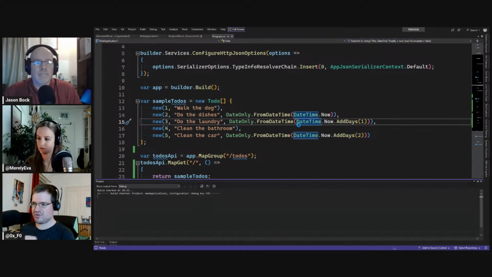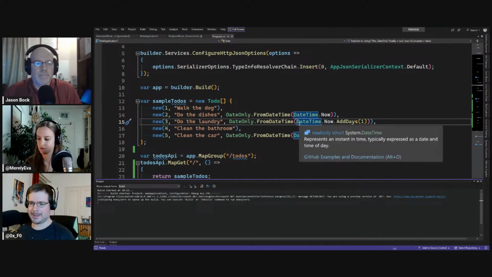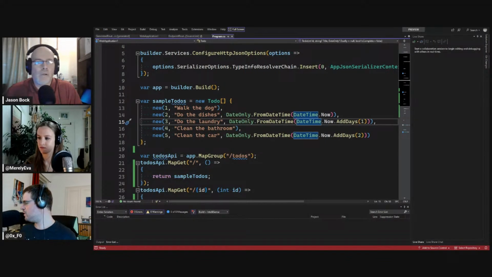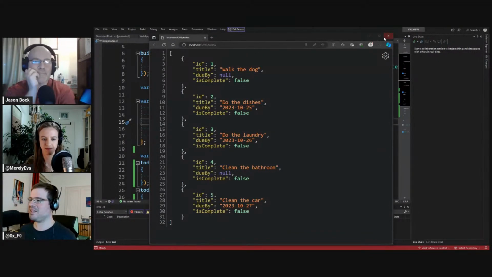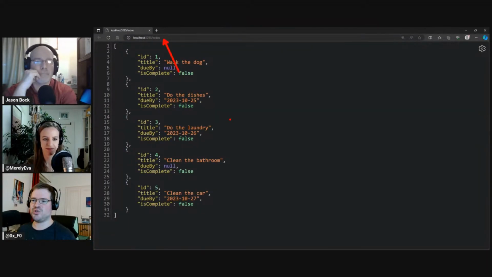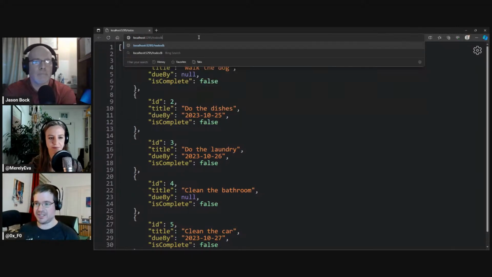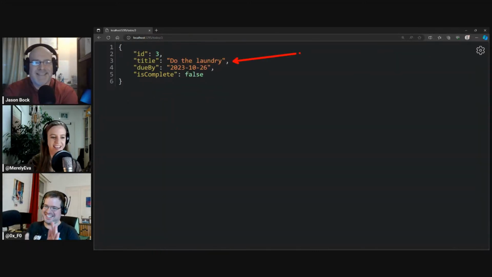Perhaps let's give that a start and see what it does. And it's coming up, I hope. There it is. So in the root, we get those 5 items. They're hard-coded, and we can also pass in the ID 3 to tell me I need to do my laundry, which is actually true.